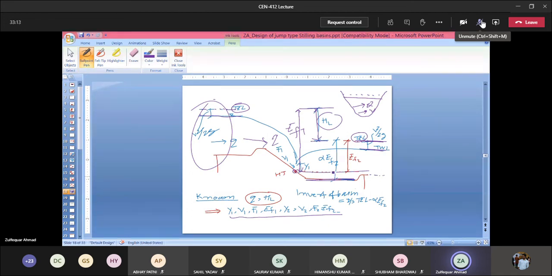Now this line is being shifted depending on the hydraulic jump type of the stilling basin and this alpha that is being introduced. So keep in your mind that we have to shift this invert level of the basin in such a way that the hydraulic jump that forms here should not move downstream and should not go upstream. I mean, there should not be repelling of the jump, there should not be drowning of the jump. Is it clear?